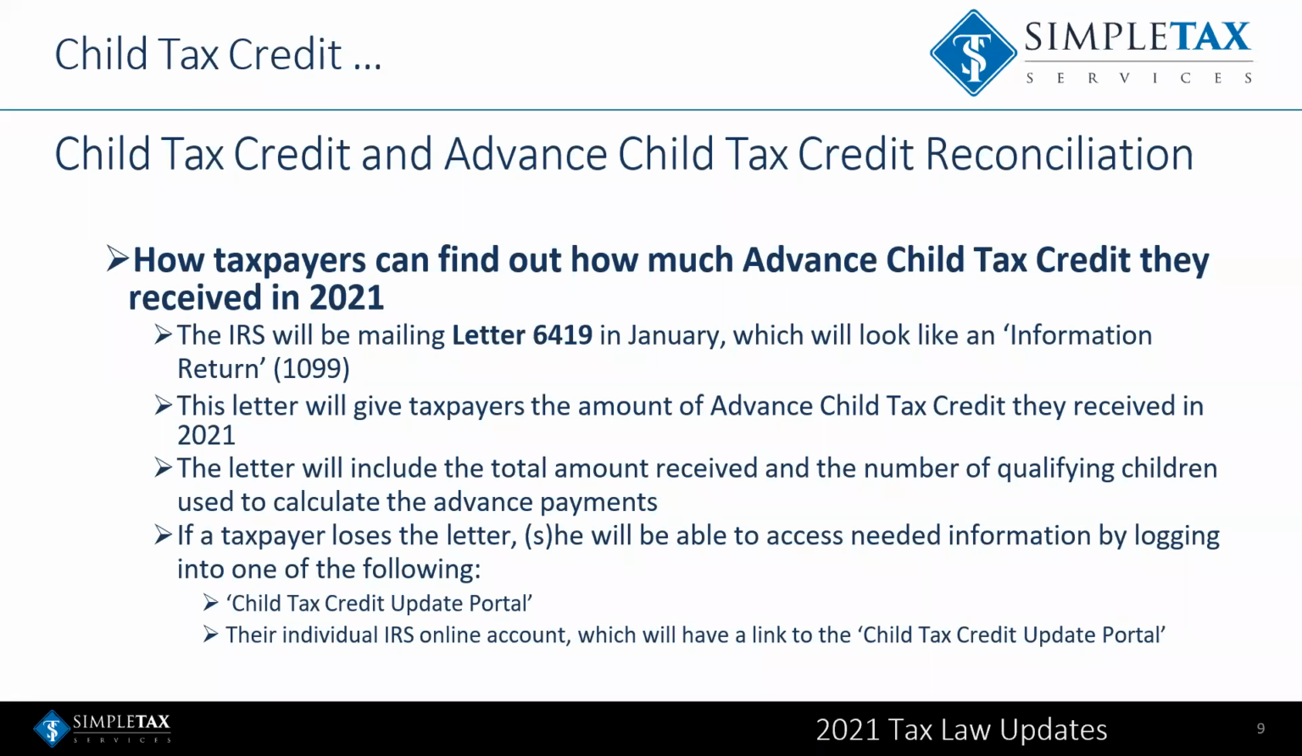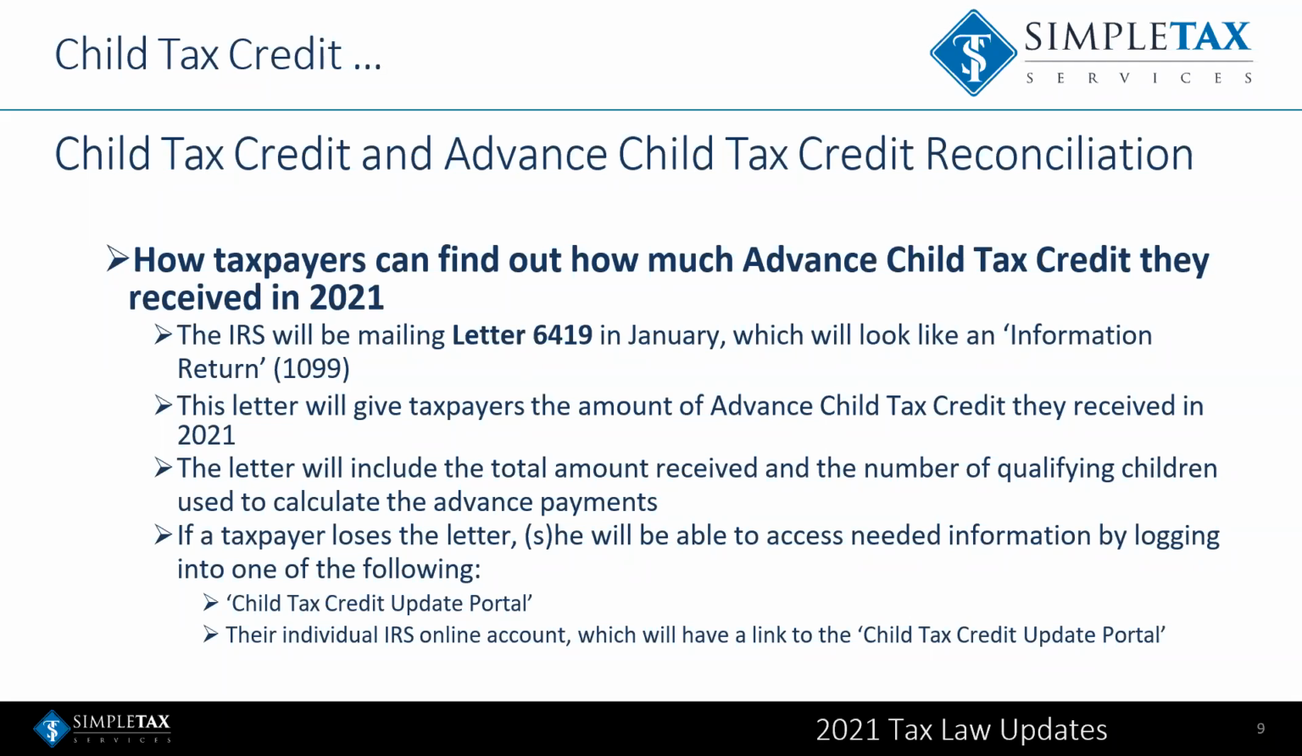Now, how can they find out what they've received in 2021? The IRS is going to be mailing letter 6419 in January. It's going to look very similar to the letter for the recovery rebate credit that went out last year. The letter will include the total amount received and the number of qualifying children used to calculate the payment. This is crucial. If the taxpayer loses the letter or doesn't get it, whatever the case is, they can access